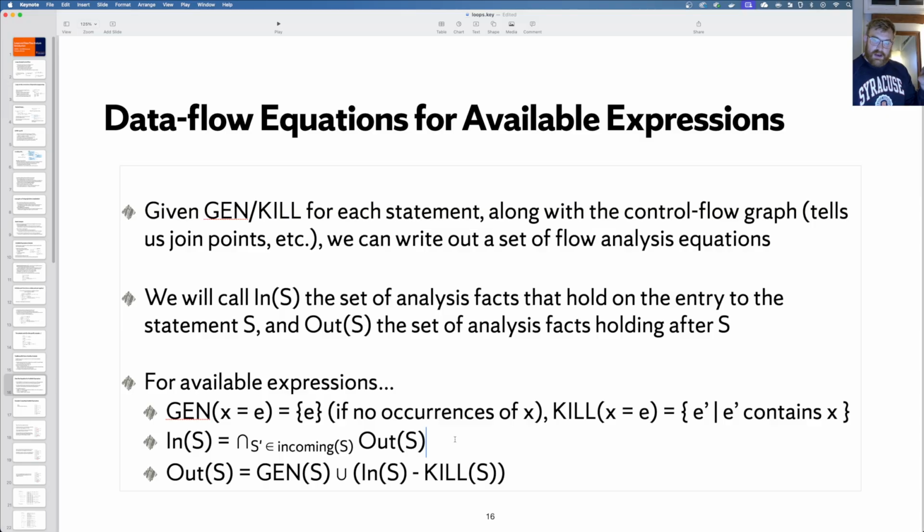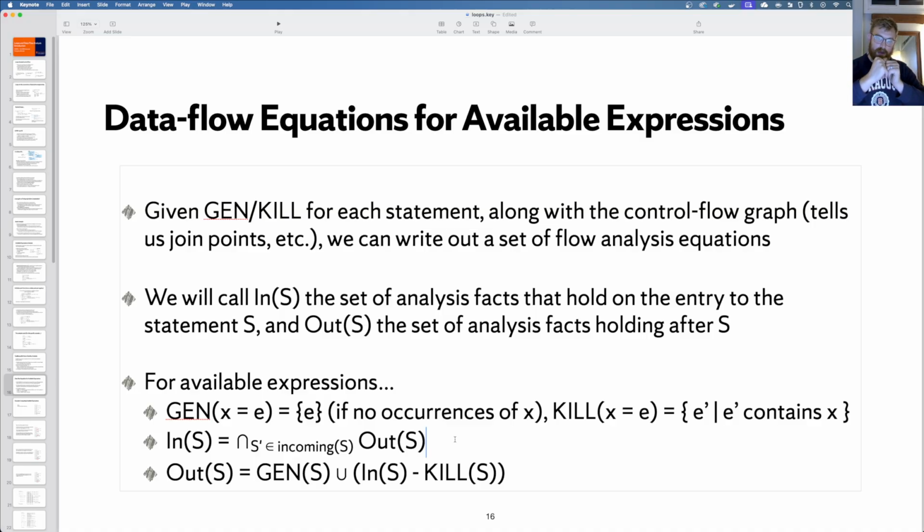Now, available expressions is a forward flow analysis. It's a forward must analysis. So we're going to say the incoming analysis facts are yielded by taking the output of all of the edges incoming into a node.